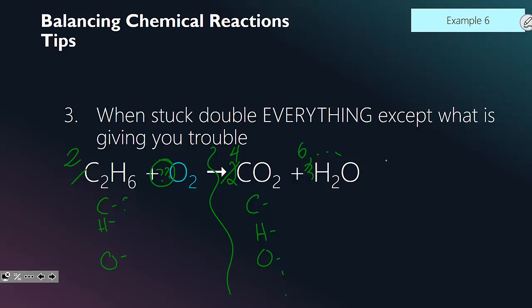2 times 2 is 4. 2 times 6 is 12. I'm going to leave this blank for right now, 2 oxygens. 4 times 1 is 4. 4 times 2 is 8. 6 times 2 is 12. 6 times 1 is 6. That gives me 14 oxygens in the product from the 2 oxygens in the reactant. So if I put a 7 in front of the molecule containing oxygen, that'll give me the 14 oxygens in